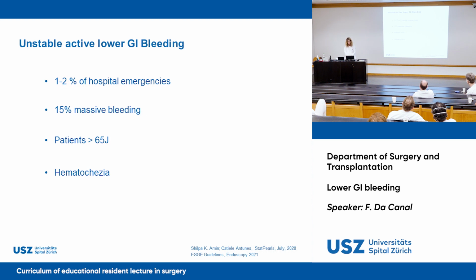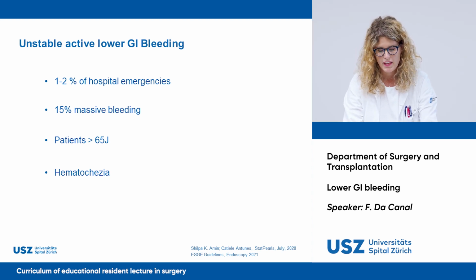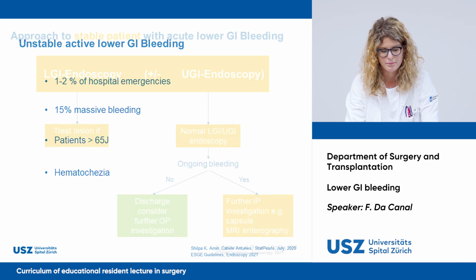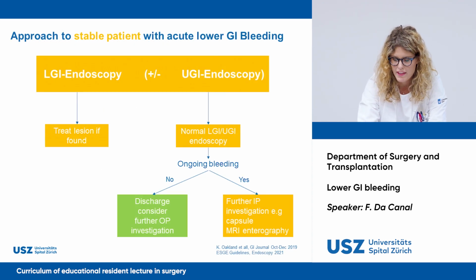Unstable active lower GI bleeding represents about 1 to 2% of all hospital emergencies. In 15% of the cases it is a massive bleeding, which involves most of all patients older than 65 years. And it's generally correlated with hematochezia or frank blood per rectum. In case of stable bleeding with a major bleed, a colonoscopy is recommended to be the preferred initial investigation because